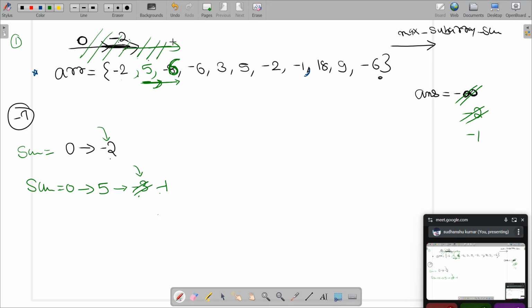This is also incorrect. The reason being, somewhere in between this train we have put this burden of -6 on a positive element. Do you see this or not? This 5 can come and say that okay, in this range the maximum sum that you have found is -1, but I myself am greater than what you have right now. So why have you combined me with this -2 or -6? Do you understand what's happening here?